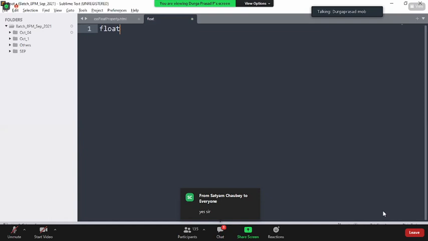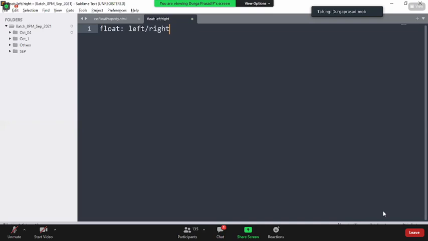Float is one of the CSS properties which takes only two possible values: either left or right. Float is the CSS property using which you can change the default rendering direction either to the left side or to the right side of the container.